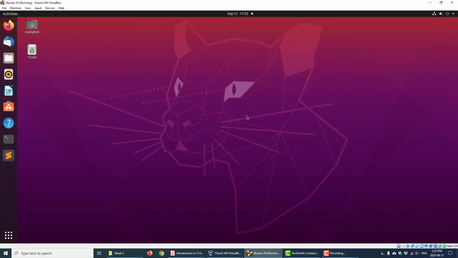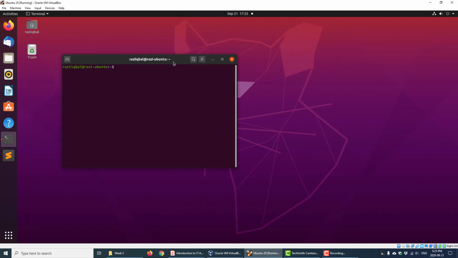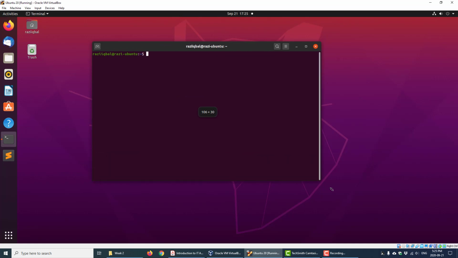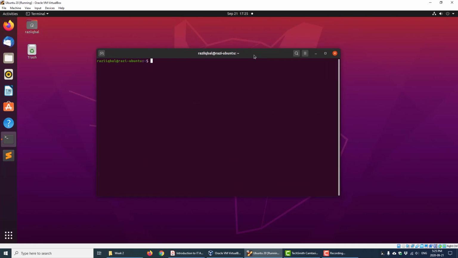So this is the exercise we are going to do. I have already booted into my Ubuntu. So I will open terminal, and before we dive into exercise number 2, let's see what current kernel modules are available and how to perform some actions on those kernel modules. We have different commands for our kernel modules that are built into Linux, so we can use those commands to work with those kernel modules. So before we actually create our own kernel module, let's see what other kernel modules are available and where they are loaded,